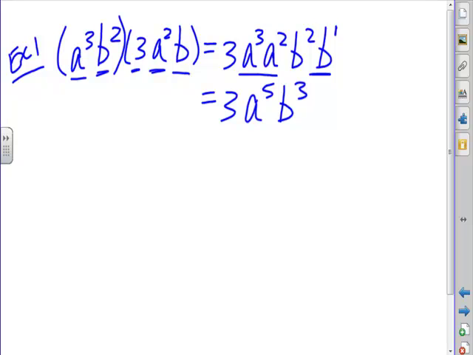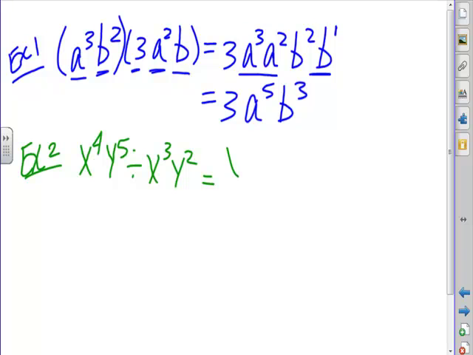Okay, another example. Simplify x to the 4th, y to the 5th, divided by x cubed, y squared. And just to remind you, another way this could be written is x to the 4th, y to the 5th, all over x cubed, y squared. And it would be a pain to write out x times x times x times x and y times itself 5 times. So this is where just remembering your law that when we divide powers with the same base, we